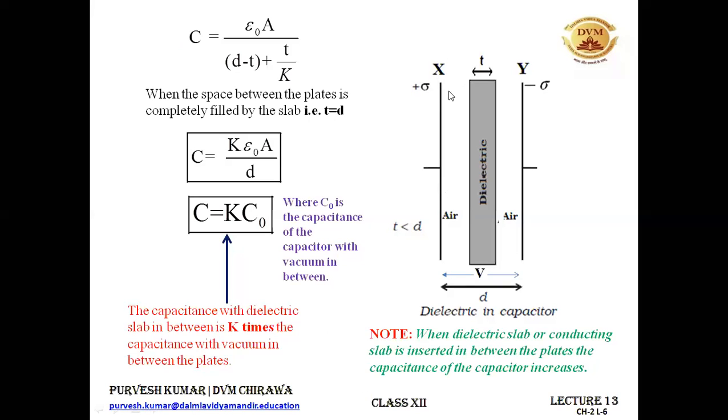Practically, if you insert a conducting slab completely, then the capacitance becomes infinite, because for a conducting slab, the value of this dielectric constant is almost infinity. Very high value. So that's why we cannot have such type of capacitor. So capacitance action will be lost in that case. Generally, we insert a dielectric. So dielectric is something that is non-conducting. We know this, like a paper or a glass. So that's what we insert in between.